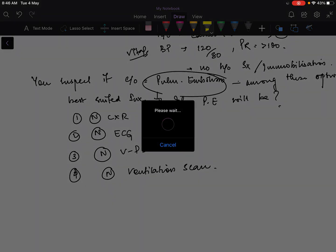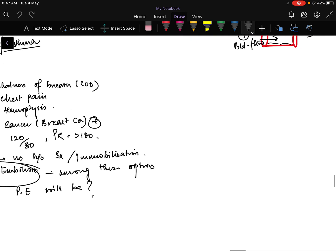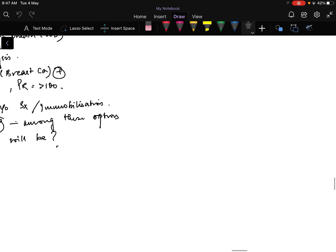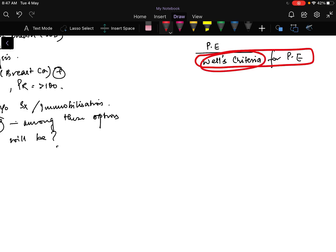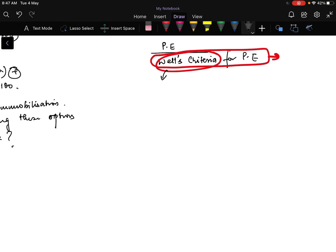So see, as I've already mentioned, it's a case of pulmonary embolism, so we will first look at the Wells criteria. Wells criteria for pulmonary embolism, suspecting a case of pulmonary embolism. So what is this Wells criteria all about? The Wells criteria comprises a few points which are given certain specific scores. So if you are suspecting it to be a case of pulmonary embolism,